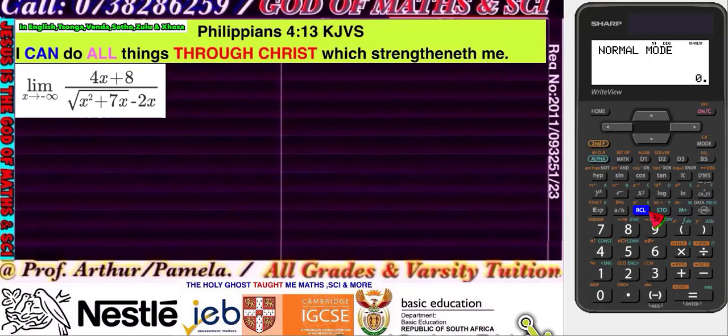All right, so let's do what we do. I'll go limit as x approaches negative infinity. All right, the top is fine. We'll keep it as 4x plus 8. And then at the bottom now, because you know better,